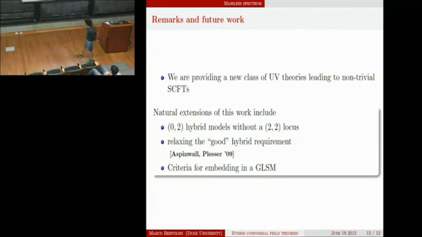This has been mentioned or studied from another perspective in this paper by Aspelund and Plesser, and it will be really interesting to see if we can compute something, and which kind of low energy physics we can extract from this technique in this more weird setting. So yeah, I stop here. Thank you very much.